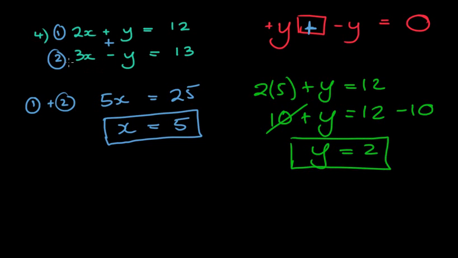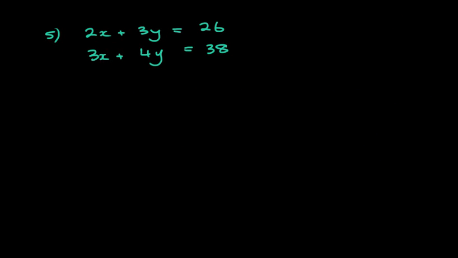Again, we can check it. 3 times x, 3 5s are 15, minus the 2 equals the 13. That's correct, it works out. So in that case, we had to add the two equations together as opposed to subtract. And that's where this probably gets a little bit difficult sometimes. And the last question, which is probably the most challenging,